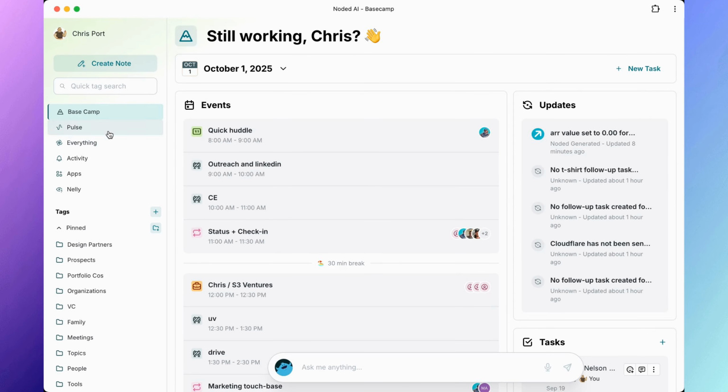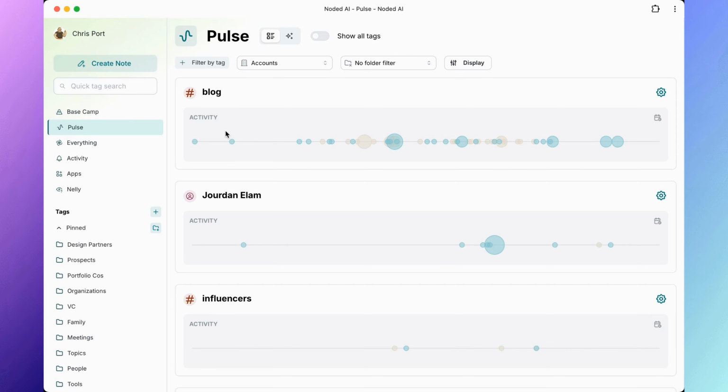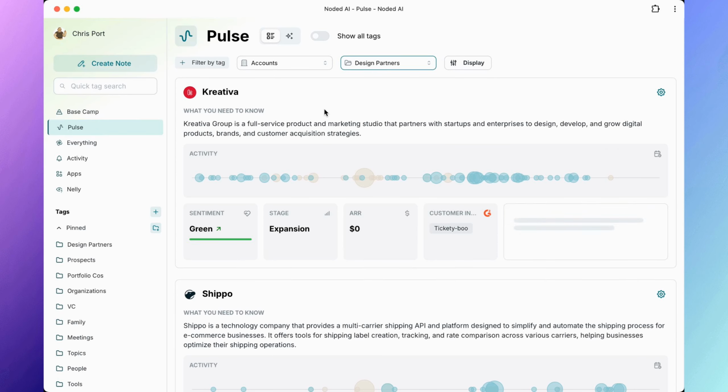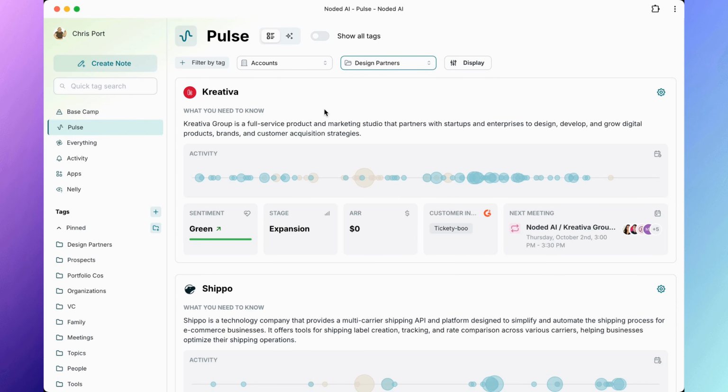Now that's Basecamp. If I come over here into Pulse, this is the start of our reporting capabilities. Very basic right now, but we're building these out quickly. Soon you'll be able to do things like Kanban boards, so you can look at customers by their sentiment: which ones are positive, neutral, and negative. You'll be able to look at a table format so you can see all your customers in one place, etc. Right now, we just give you a very high-level view of activity and sentiment,